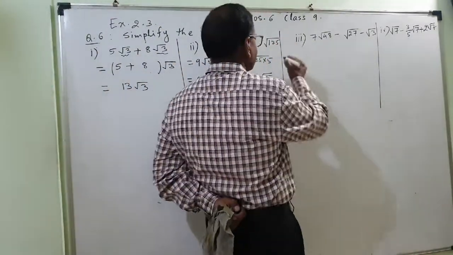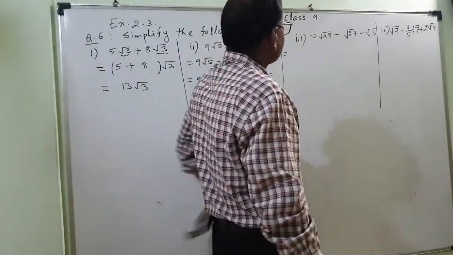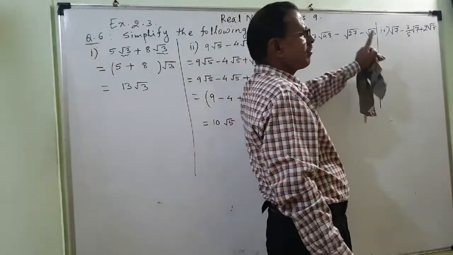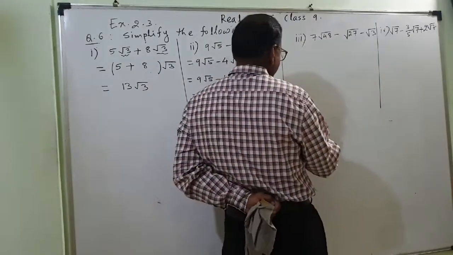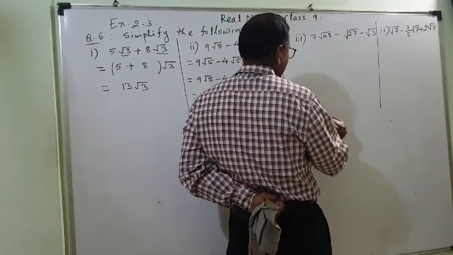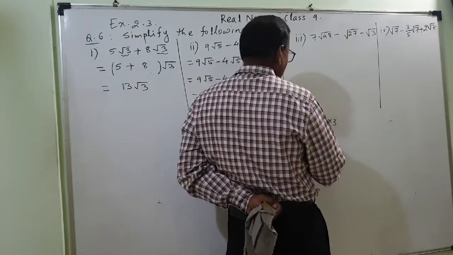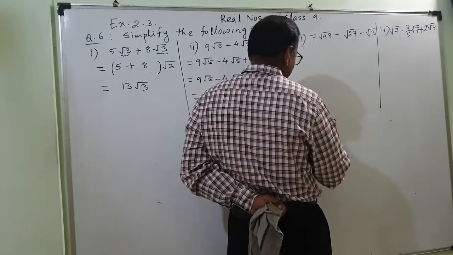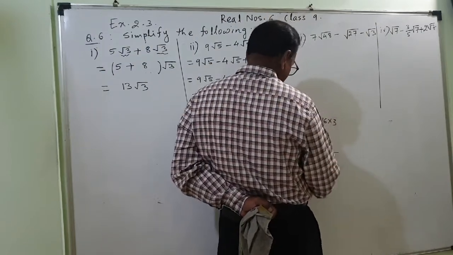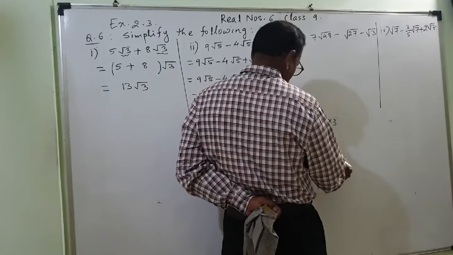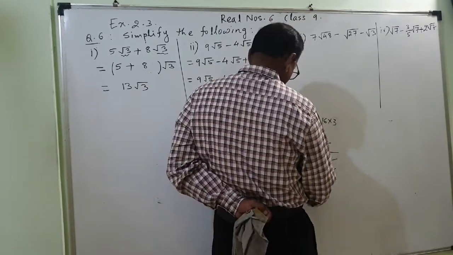Now for this surd, it also may be like or may not be like. We don't know. We will search it out. So 48 is nothing but 16 into 3. That I know. If you don't know, then you will write 48 like this. 2 to the 4, 2 4 the 8, 2 1 the 2, 2 to the 4, 2 6 the 12, 2 3 the and 3 1 the.